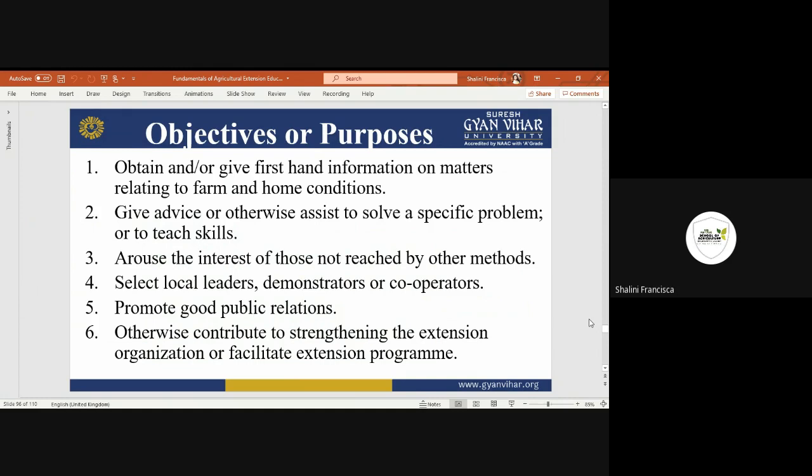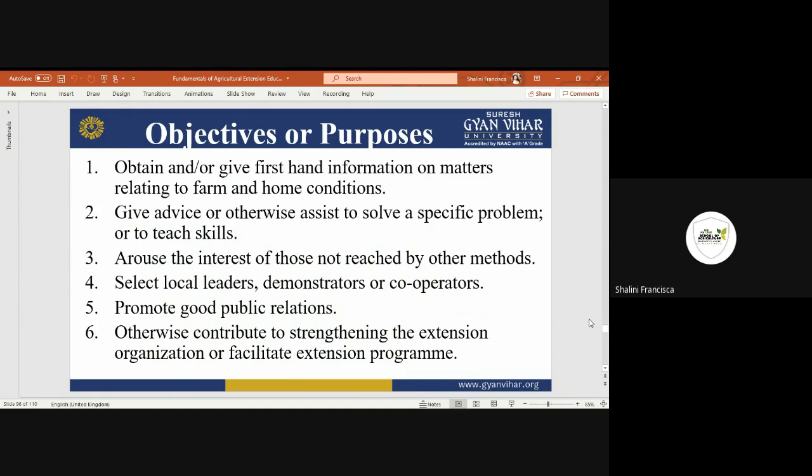So for example, if a person says that they don't have any other source of income for their family, the extension worker should give some alternative occupation idea, so that in their free time, when there is time after the preparation of the land or after the sowing, they can do another type of activity and earn money.